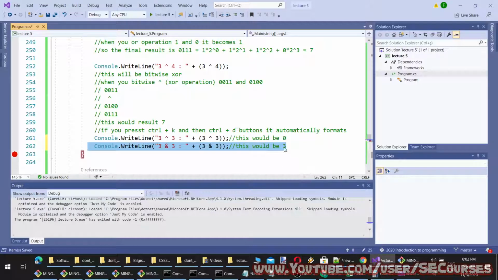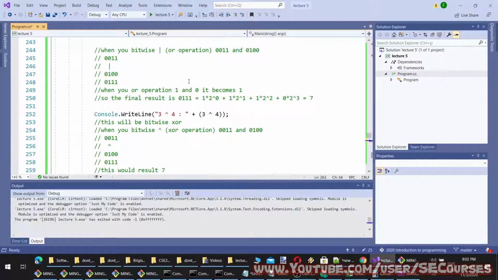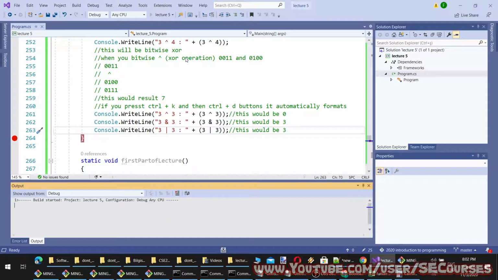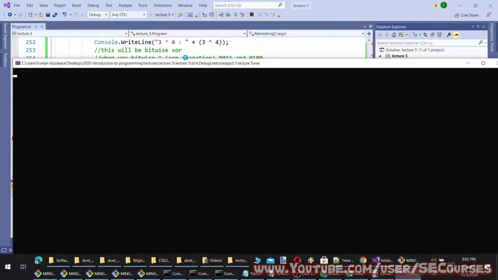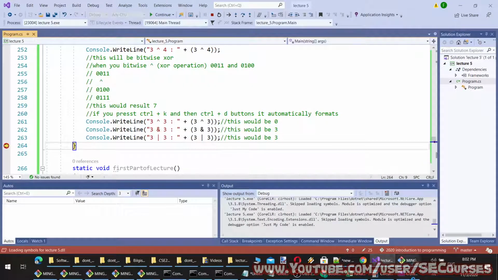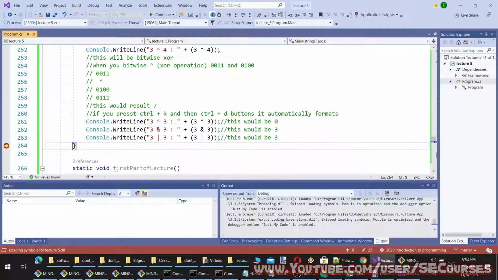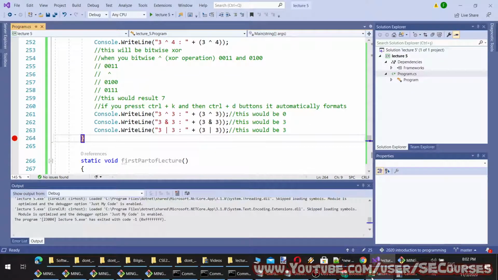And when I OR 3, 3, this would be 3. So let's run it again to verify. Okay, so this is 0, this is 3, and this is also 3. So you get the idea, bitwise operations.